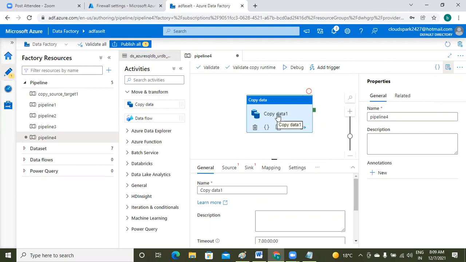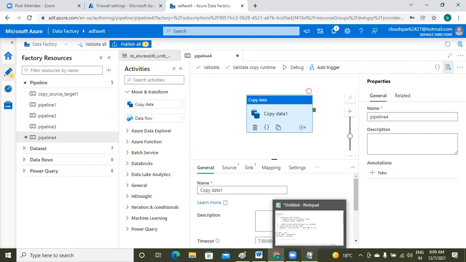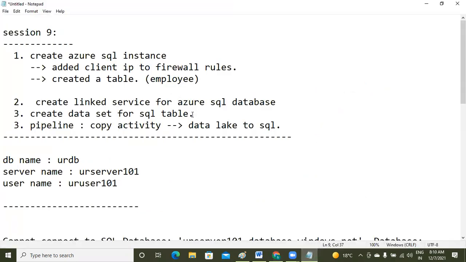Okay, sir. Come to the copy activity. What is the source now? What is your task? Please check your task. Task is Azure Data Lake to SQL. Already in the data lake, storage lake 101, you have an account. Under that, you have the source container. Under that, emp.txt is your file. For that, you already created a data set.